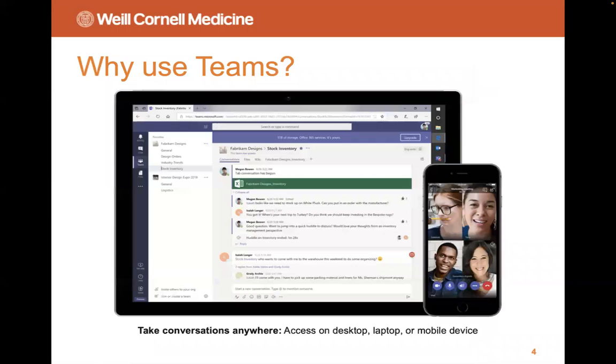Teams is also very mobile, very on the go. I'm going to be demonstrating how to use Teams using the desktop app from my laptop, but you can use Teams anywhere you have an internet connection. So let's say you don't have your laptop around and you really need to look at Teams because there's a message for you. You could go to any computer where there's internet and just log into your O365 account, o365.weill.cornell.edu, and open up Teams right there. And there are all your same messages. It's also available as a mobile app. If you've got an iPhone or Android, you can just download the app from the respective app stores and start using it when you sign in with your Weill Cornell credentials.